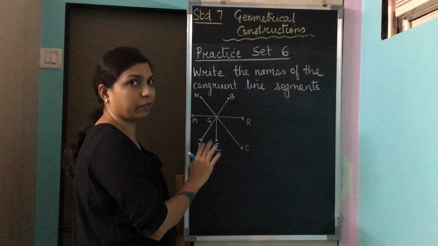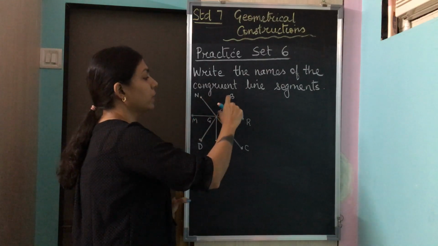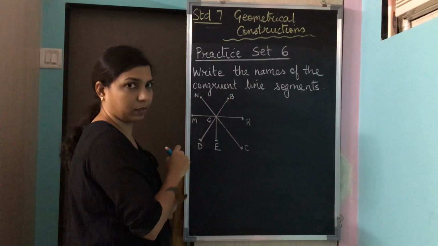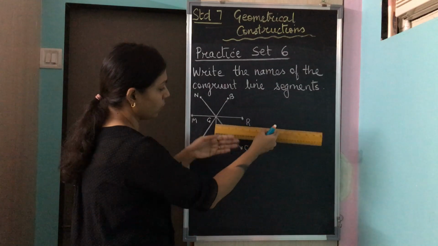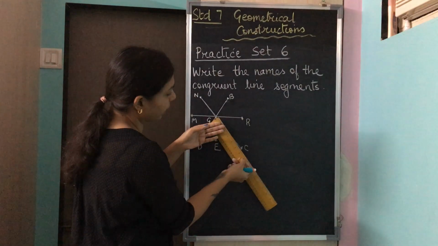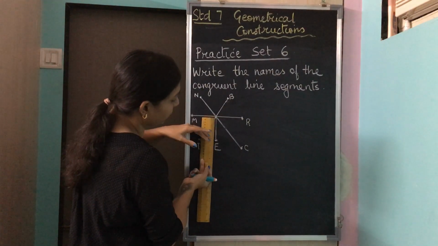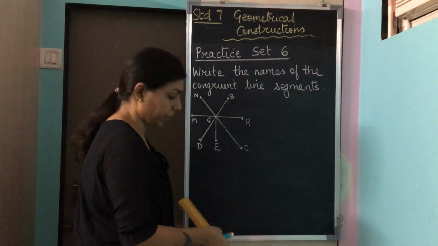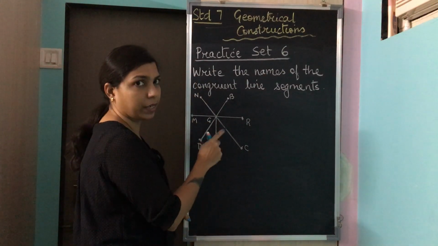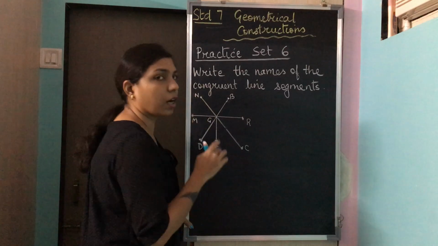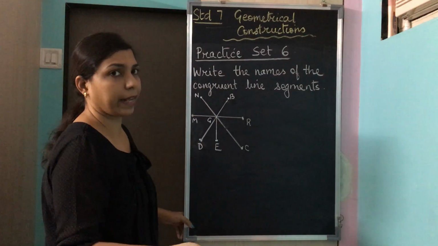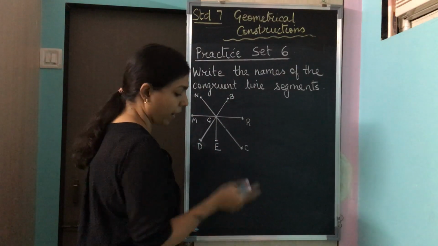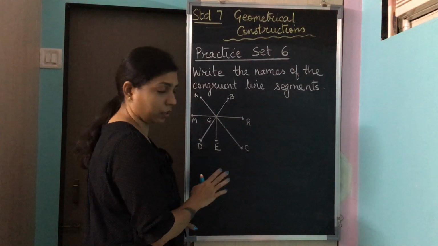That is the measurement you will find out for each of these small line segments. Okay, you will place your ruler over here and find out the measurements for each of these segments and write the measurement next to that particular line. Okay, so I have used a ruler on the textbook and found out the measurements, and I'm going to write down the measurements over here.